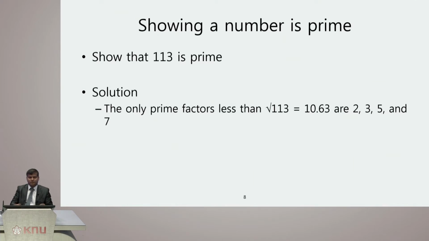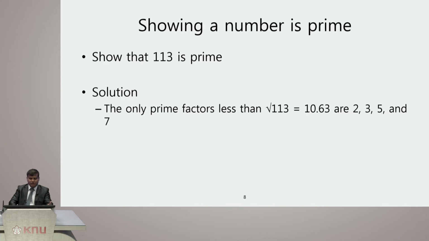These are less than 10.63, because the next prime number would be 11, and 11 would be greater than 10.63. So we are just taking these numbers, and now we are going to check whether this number 113 can be divided by any of these factors, like